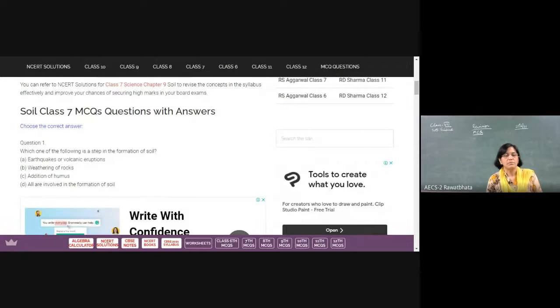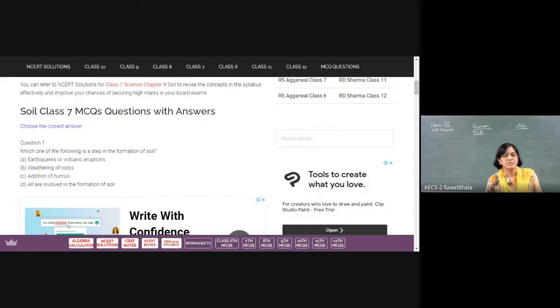In the chapter soil, the basic concepts we are supposed to understand are, of course, the different types of soil and the soil profile. These two things are very, very important for us. Soil profile, wherein you have A, B, C, and D horizon. Horizon A is where all life forms lie, right from plants to animals, and they do have this humus layer on the top.